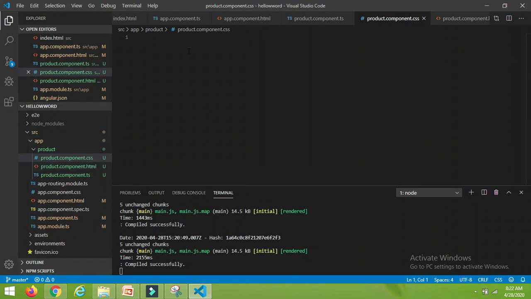So now let me create one class, where whatever text I give will be in blue color.